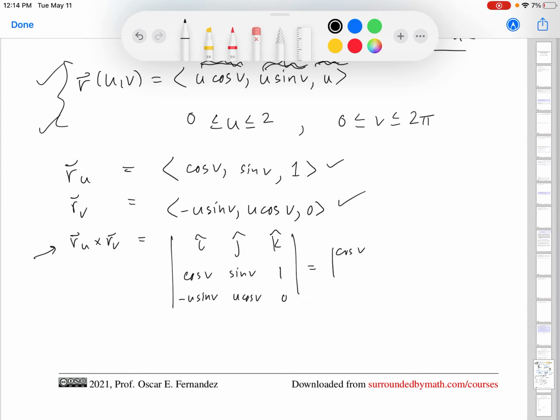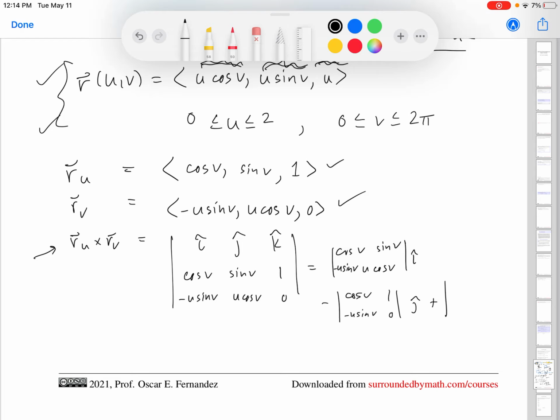We have cosine v, u cosine v, and then sine v, minus u sine v. That's i hat. And then it alternates. So we have cosine v times 1 minus u sine v times 0. That is j hat. And then our last term, which is, oh,